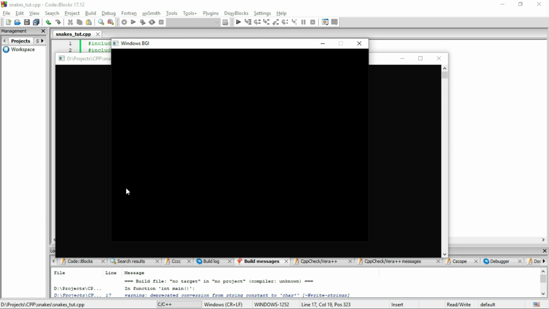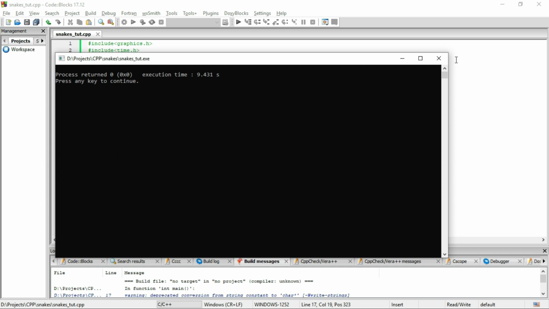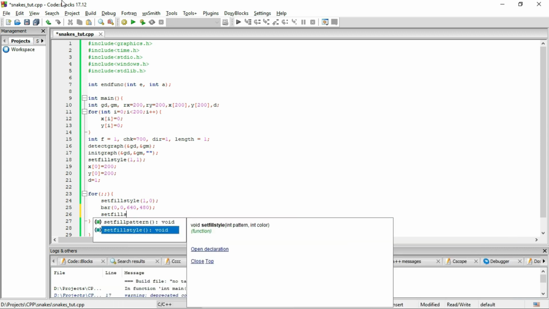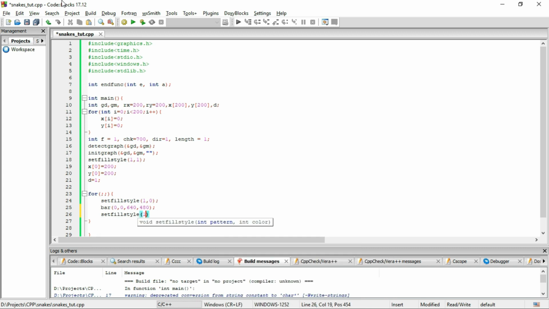Now in the graphics window we'll be putting a 4-sided border for the snake so that it cannot go beyond that. Now the border will be defined by similar bars. Now I'll be setting the fill style to 1, 2. Now 1, 2 is for green. Now you can select these styles by anything. Now for the boundaries I will be defining 4 bars. Now the bar coordinates are as follows. You can just note it and take it. So they are